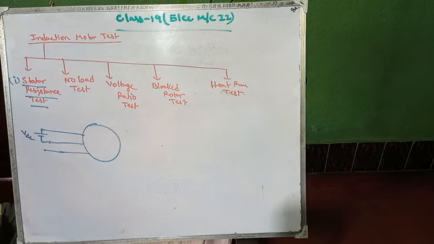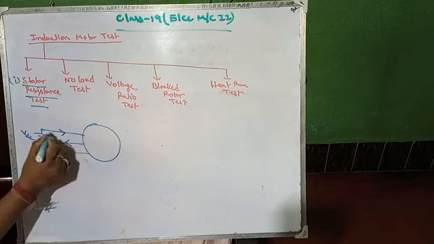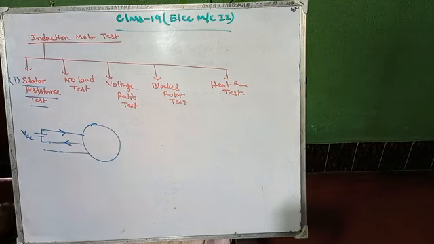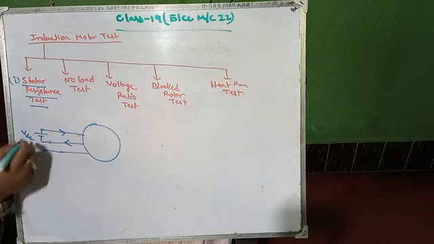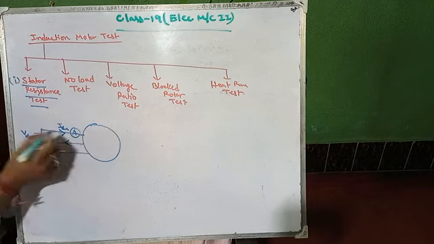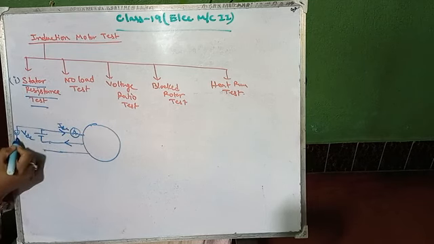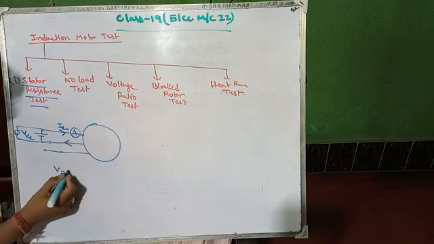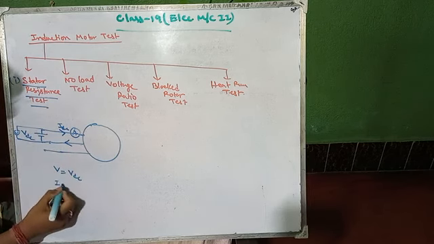It produces a current in between these 2 conductors. By calculating VDC by IDC, we get the series equivalent of the 2 phases. Suppose I connect an ammeter to measure this current and a voltmeter to measure the voltage, so V equals VDC, and the ammeter reads I equals IDC.